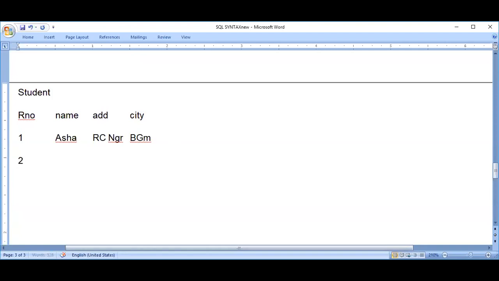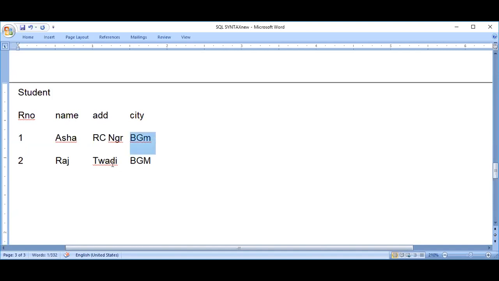So what does that mean? Let us see with, suppose, Tilakwadi and again Belgaum. Now suppose when I take roll number 1, I will tell who is roll number 1. I will say Asha is roll number 1. When I ask what is roll number 1's city, I'll be able to say Belgaum.